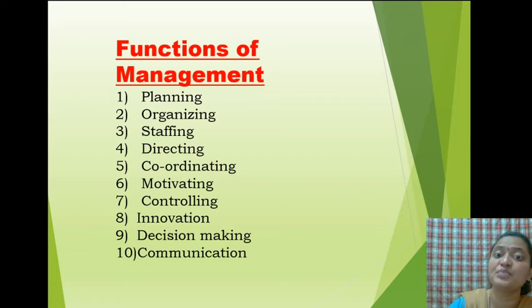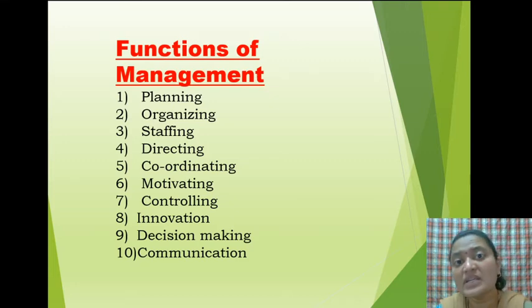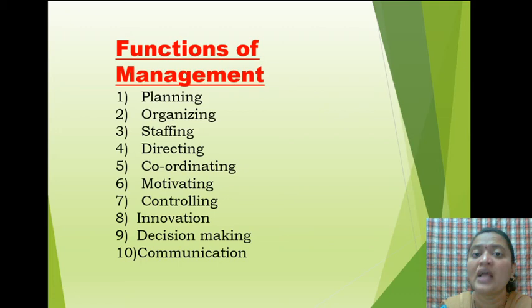Means selecting which people or which employees are required in the organization. The next one is directing. Directing means what? Giving orders and instruction. Means giving proper direction. Now for this you can understand that in the organization there will be one supervisor and subordinate. So supervisor has to give proper direction or proper instruction to the subordinates or workers. Like what is right and what is wrong. So like that way proper instructions or proper direction has to be given.